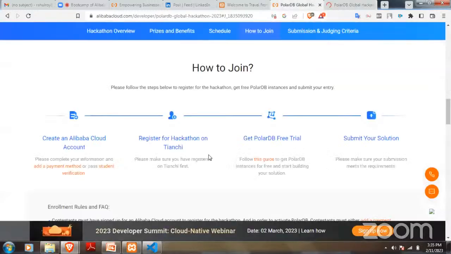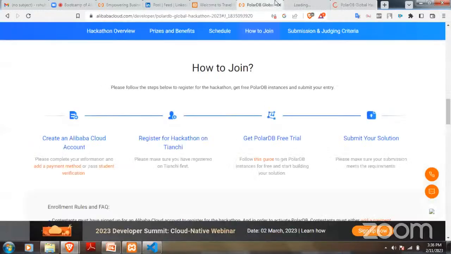Rahul, can you drop in the chat box the landing page link also? I have already done, ma'am. Okay, sure, they can just have access to it and do it parallelly. So make sure that your speed is quite good, otherwise it may affect.